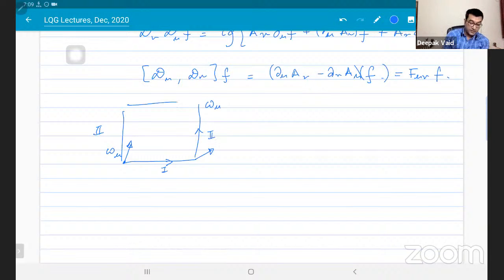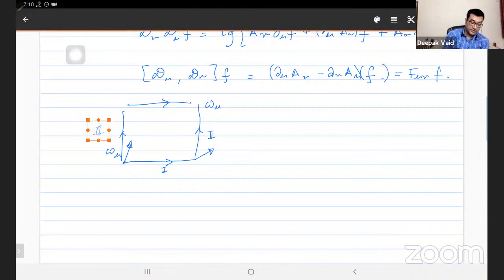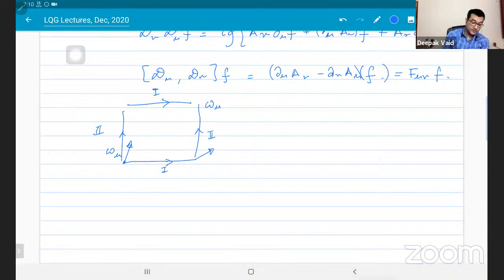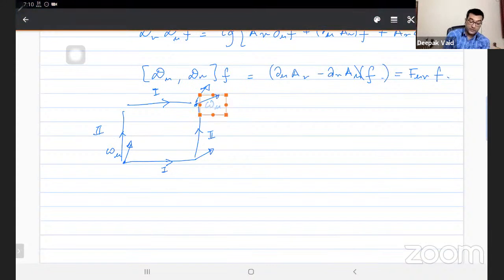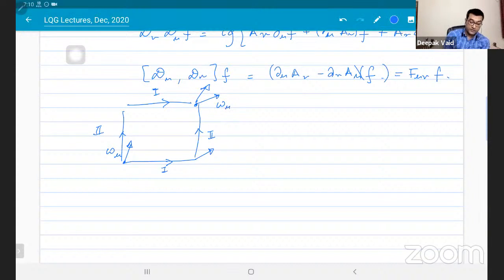And the other option is that I parallel transport it along the second path first and then along the first path. So when I end up at the final point here, what happens? I end up with two different versions of gamma. One I obtain by transporting along the first path. Let me call it gamma mu nu 1 and another gamma mu nu 2. And these two are not identical,